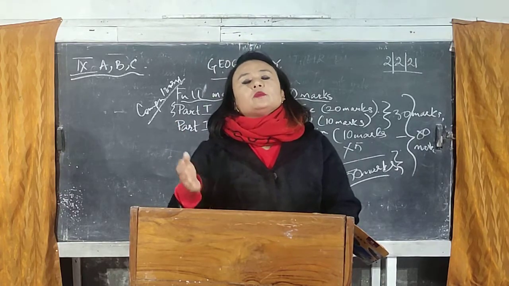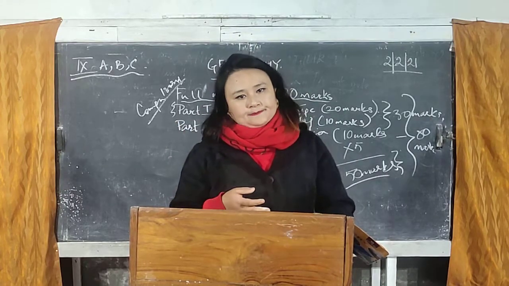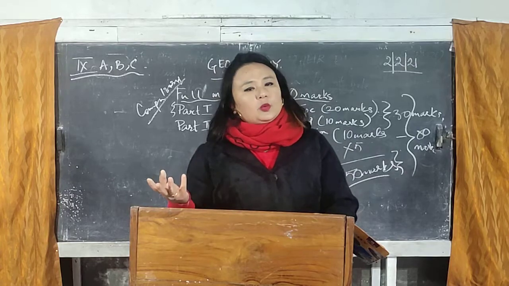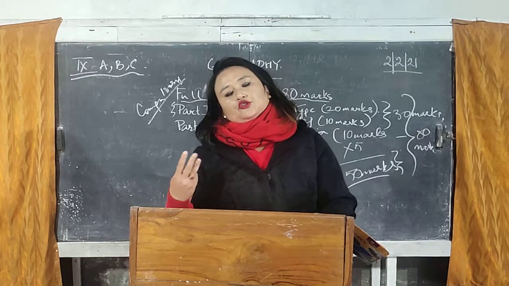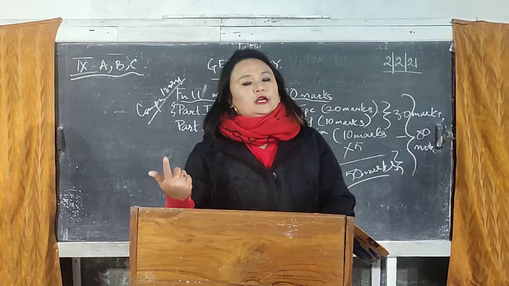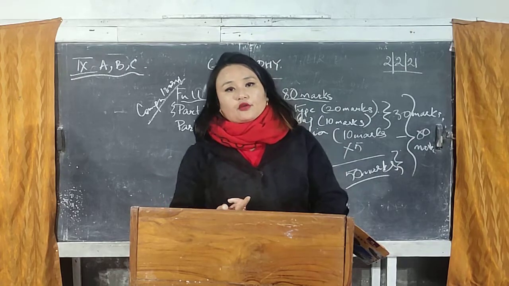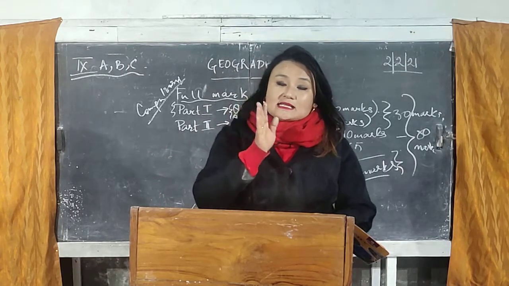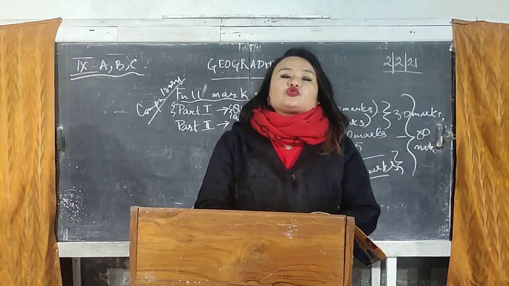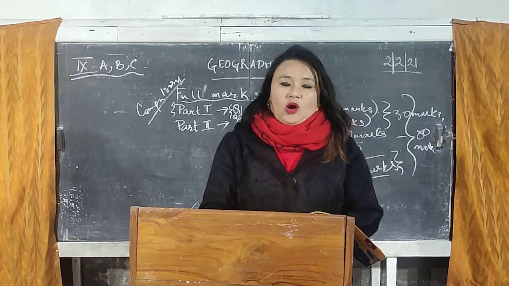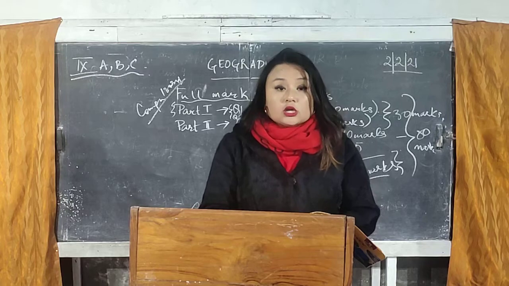Then apart from that, we'll be talking about the different kinds of rocks present on the Earth. So we will be emphasizing the characteristics of the three major kinds of rock: igneous rock, sedimentary rock, and metamorphic rock. We will also talk about, under the same unit on the structure of the Earth, two natural disasters. One is volcanoes, another one is earthquakes.